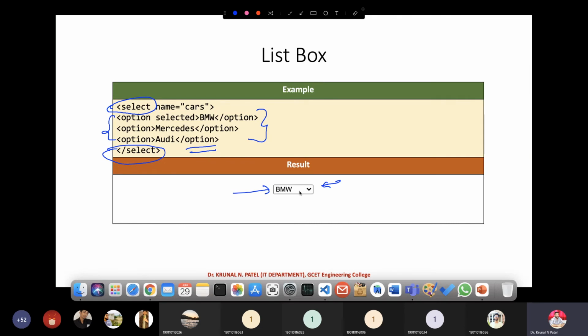If I want to display all three items, then I need to provide size equal to 3. Then all the three items are going to be displayed: BMW, Mercedes, and Audi. Right now, currently, I can select only one item, BMW. If I want to select BMW and Audi, then I just need to go for multiple equals true.